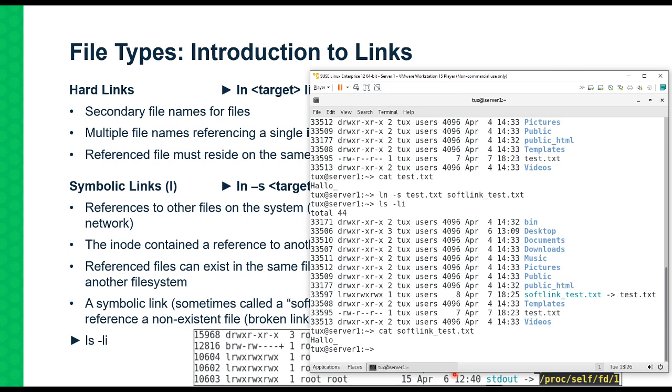So after this, let's add some more data to this file. The easiest will be, let's use echo again. We go echo and we say world in there. So it should be world, there we go, world, and we add that to our softlink_test.txt